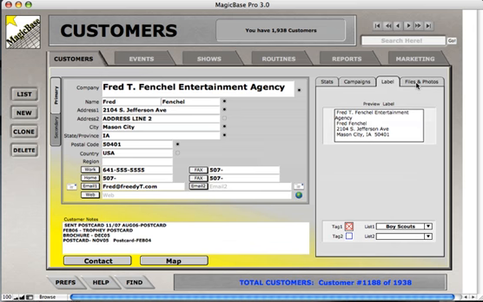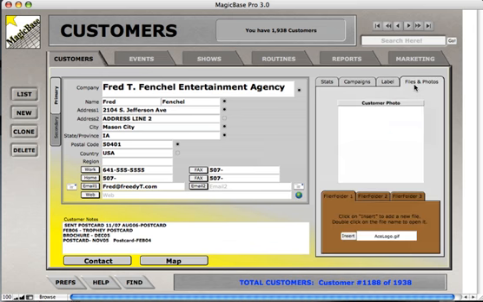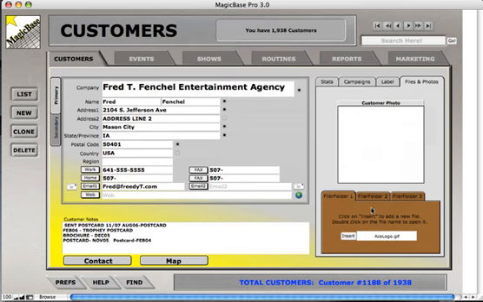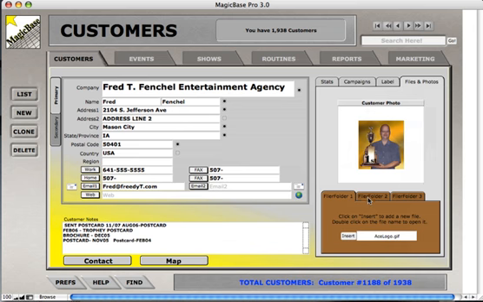And then the final information tab is Files and Photos. You can insert a photo of the customer if you want. Just by clicking there, you can insert the customer's picture, and then you'll always have it with you. Below that, there are some digital file folders. You can use these file folders to also insert some information. You can insert a link to another file,